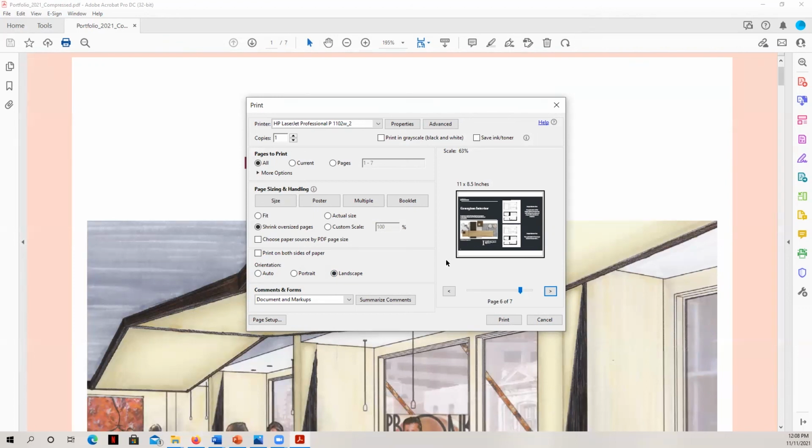Okay, so now you know how to export your portfolio, or what we call package it. Then you have to merge the portfolio pages within Adobe Acrobat or another PDF creator. Make sure that you compress your portfolio so that it transmits quickly and opens quickly. And then, of course, now you know how to print and email it if you want to.